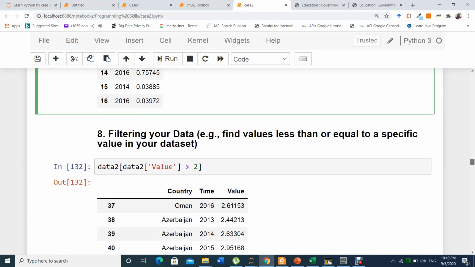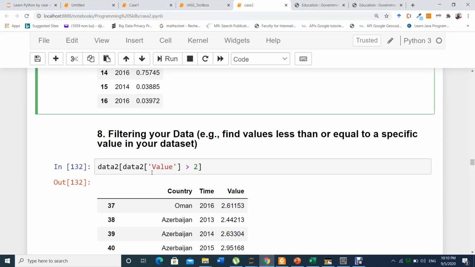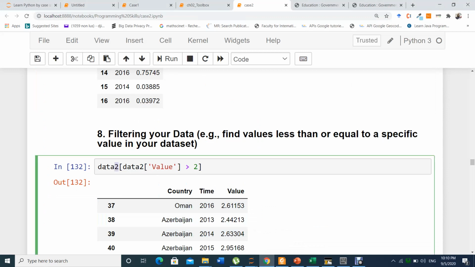You can also filter our data. For instance, you want to select only values greater than 2. You see here we have values 1, 1, 1. But when you say greater than 2, it will select specific values. So from our data, like what I explained in the first video, as if we are in the Excel file, we want to focus on the column values.